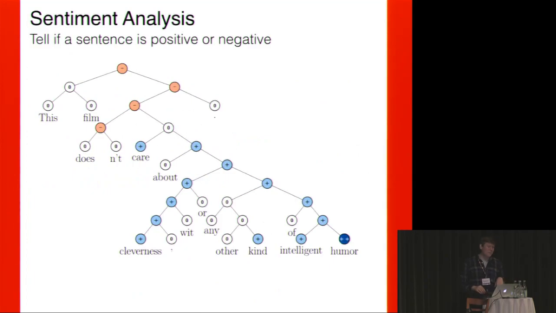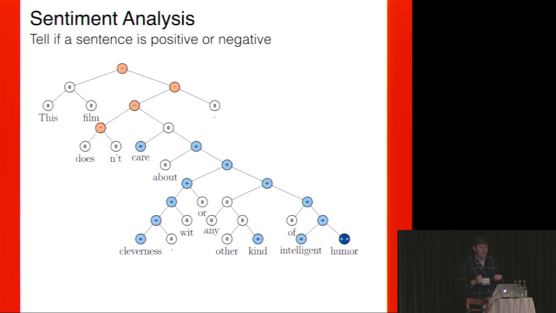The next problem you might encounter if you do natural language processing is sentiment analysis, and that's telling if a sentence is positive or negative. The sentence in this case is, "This film doesn't care about cleverness, wit, or any other kind of intelligent humor." And just looking at the words, they're quite positive. You see here in the tagging, humor has 2 pluses, a very positive word. Intelligence is positive, cleverness too. So just by looking at the words and counting the individual sentiment, it doesn't get you that far, because this is an insanely bad sentence, a really harsh critique.